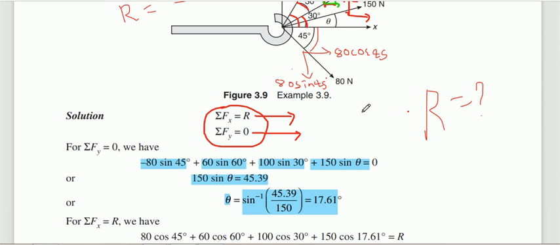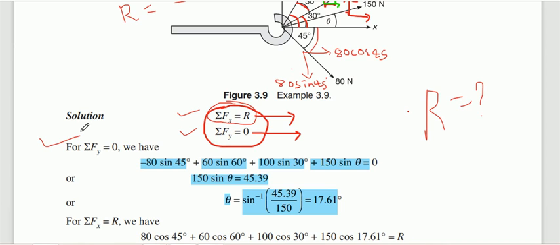In order to do that, you have to consider another condition: summation of Fx is equal to R. So here only two conditions are there. Which condition you consider first is left to you, because in order to find R, we need the value of theta. Whatever condition equals 0, you consider that first, because once you get one of the unknowns, we can find the other unknown also.